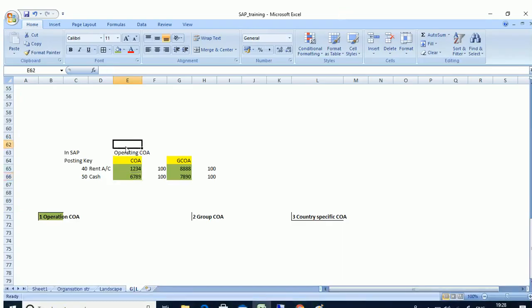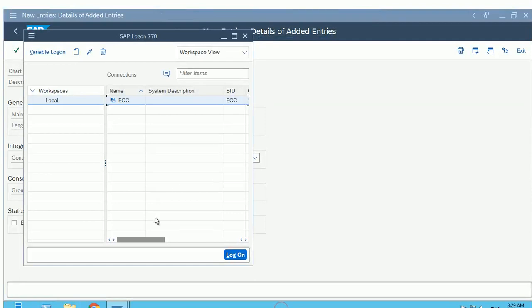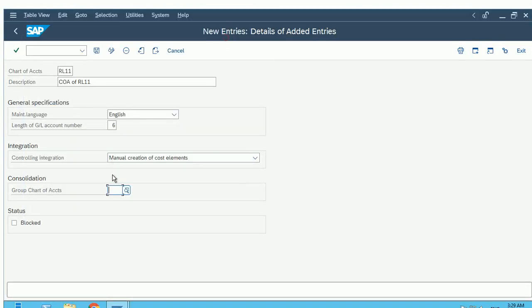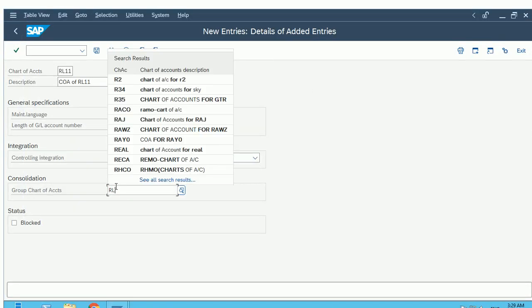I am creating this chart of account RL11 in the system, and this group chart of account I name as RL13. Okay, so when I post an entry in this chart of account with this company code I'm using, and if I have assigned my RL13